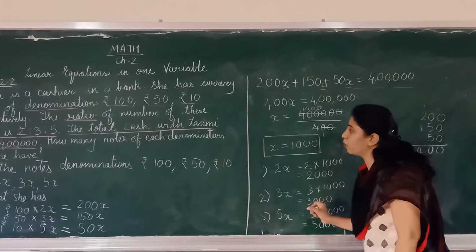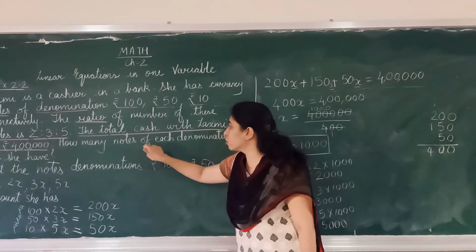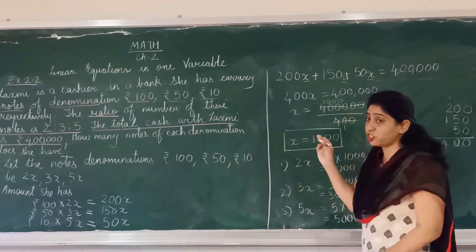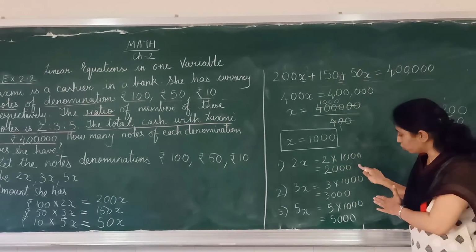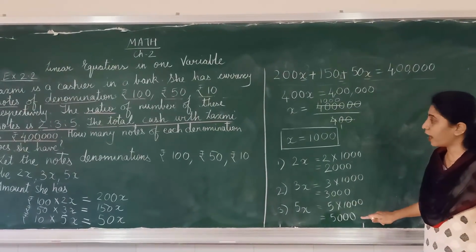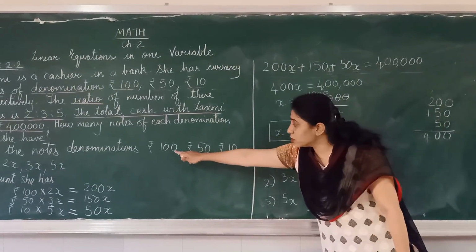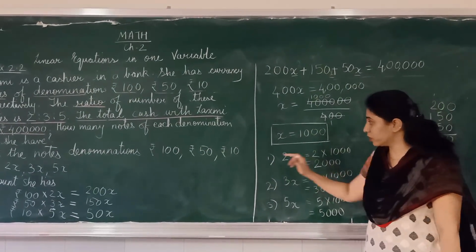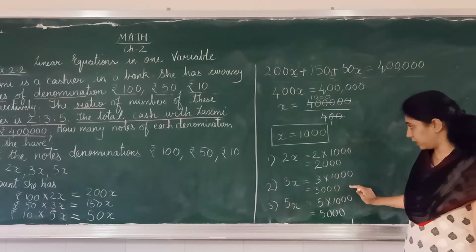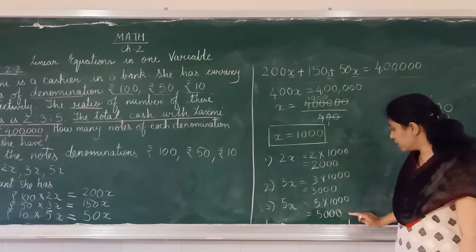So this is how many notes of each denomination she has: 2000, 3000 and 5000 notes. So for rupees 100 it is 2000, for rupees 50 it is 3000, and for rupees 10 it is